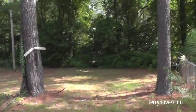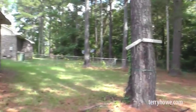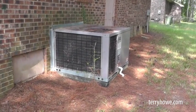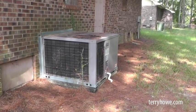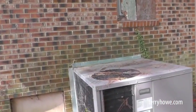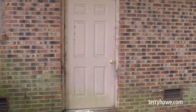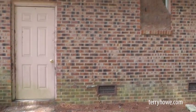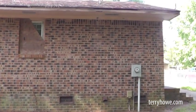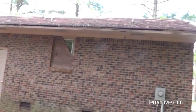The entire yard is fenced. Looks pretty good cleaned up. This is our HVAC system. Central air. That's a utility room. I didn't look in it. Usually that's where the water heater is located. Maybe it'll be open. And a little bit more of this trim along the back is going to need to